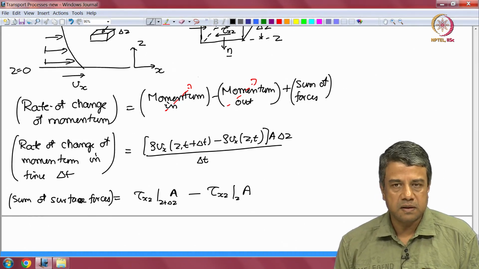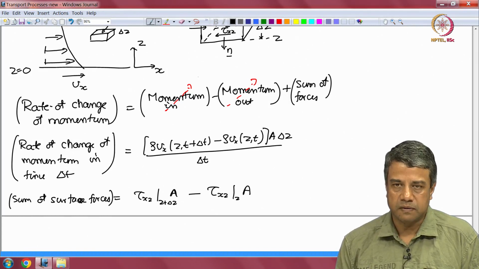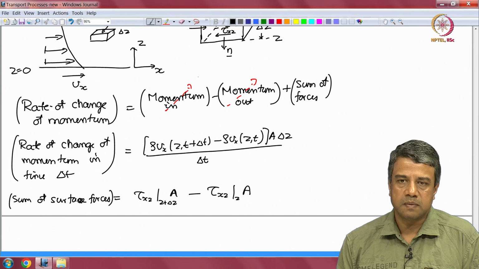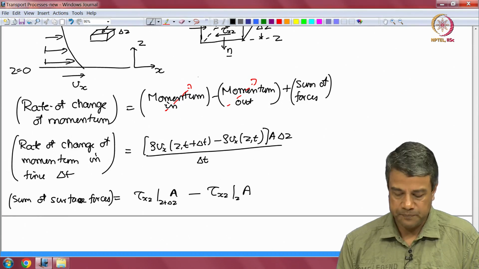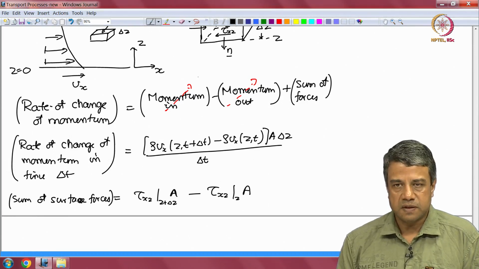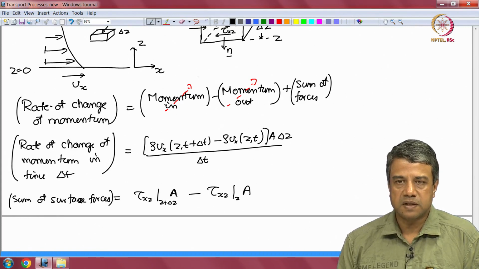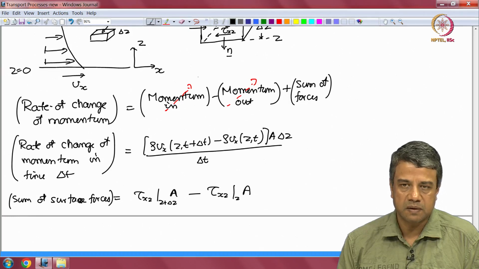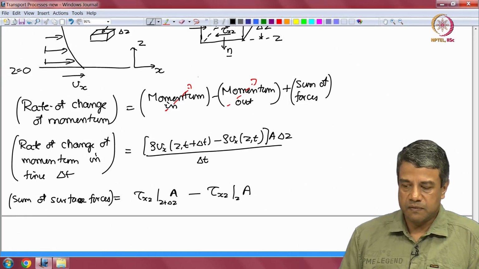In addition to this, there could also be what are called body forces. Gravitational force is an example of a body force. The body force density is defined as the body force per unit volume per unit time. So, if I have a volume of fluid,